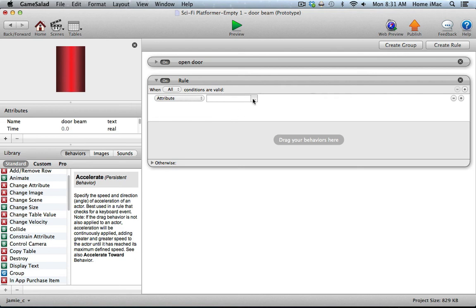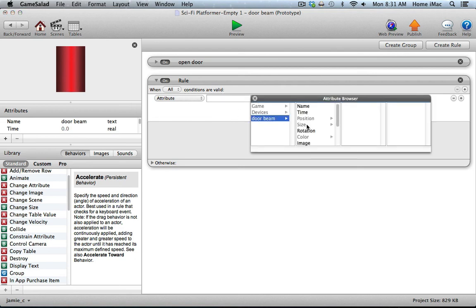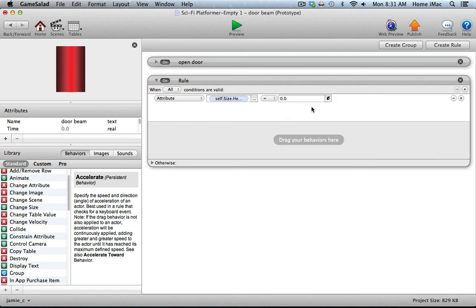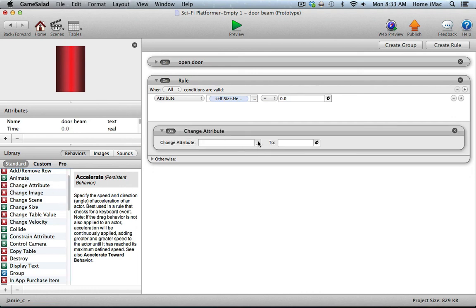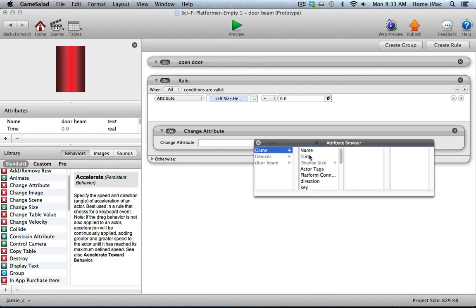So I'm going to check for the attribute, door beam, size, height. When that actually equals 0, I want this actor to be completely removed from the screen. In this new rule, I'm going to add a change attribute. In this attribute, I'm going to change game, door open,